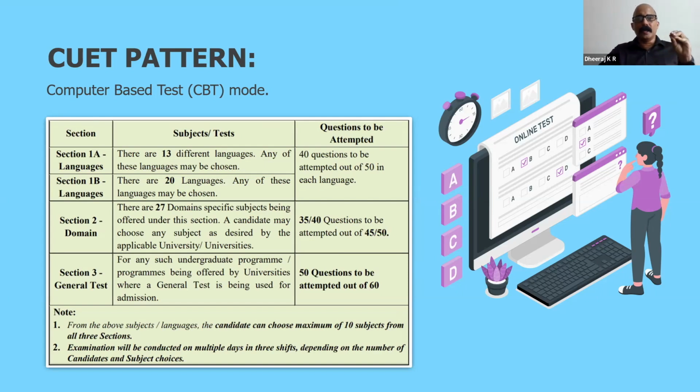And a student can opt for a maximum of 10 subjects. Generally, you will have a first option, one subject, a second option, another subject. Likewise, you can give 10 subject options. So you will be considered for admission to all these subjects. Okay. Now,